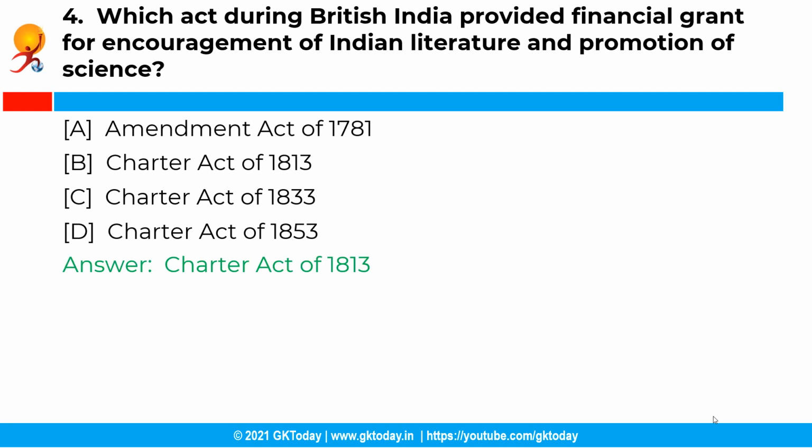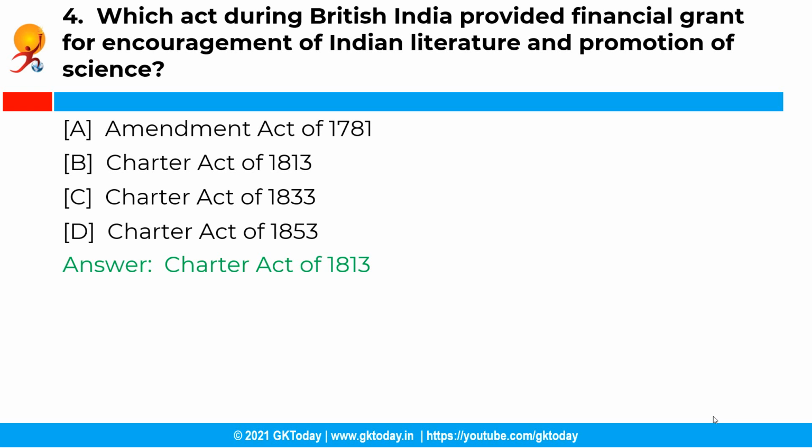See, Charter Act of 1813 not only allowed the missionaries to travel to India but also provided for the allocation of 100,000 rupees per year for 2 specific purposes. First, for the encouragement of the learned natives of India and the revival and improvement of the literature, and secondly, for the promotion of knowledge and sciences among Indians.